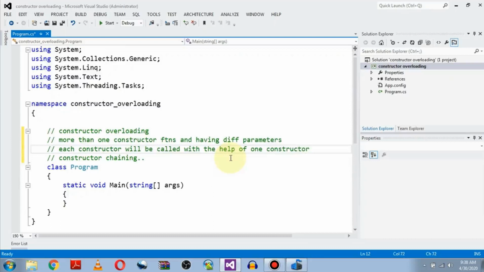How will they be differentiated? With the help of parameters. Each constructor will be called with one object.